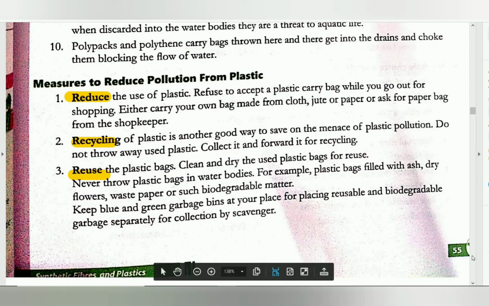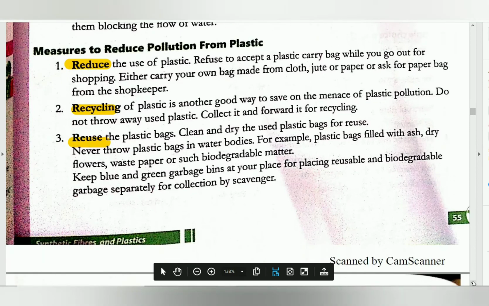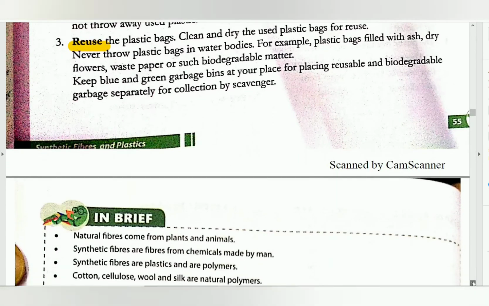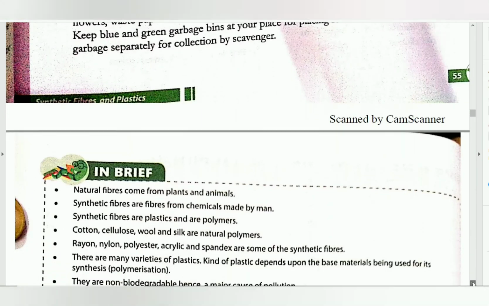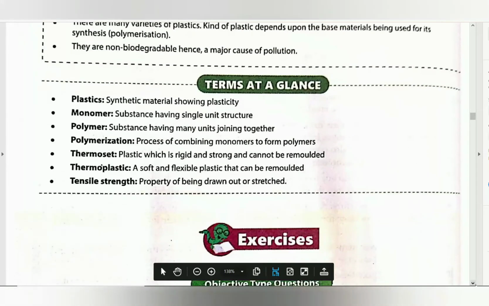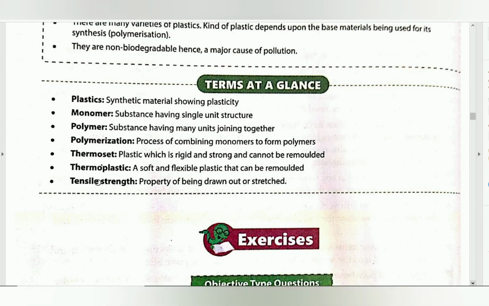Alright, do you have any doubt, class? Okay, so these are some terms which we have learned in this chapter: plastic, monomer, polymer, polymerization, thermoset, thermoplastic, and tensile strength. Alright,